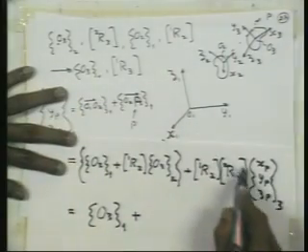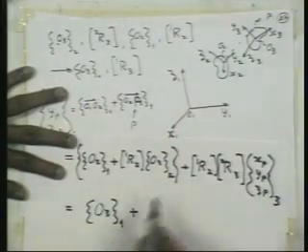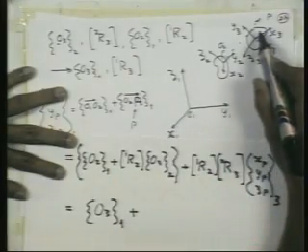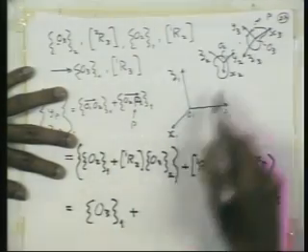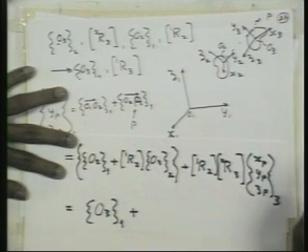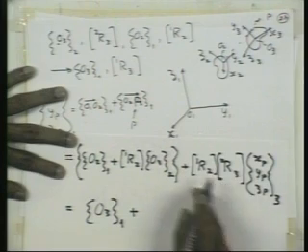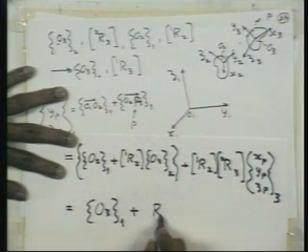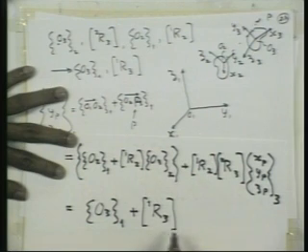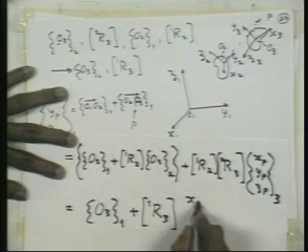And this particular, so O3 in this reference frame plus the rotation matrix of 3 with respect to 1 multiplying the local coordinates of P. That is typically the way we used to write the transformation. So I can call this as R3 with respect to 1 multiplying this local coordinates of,